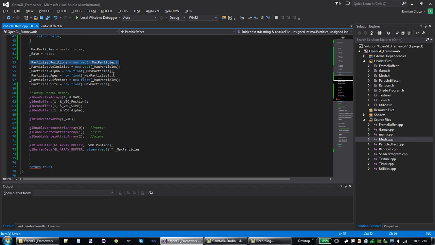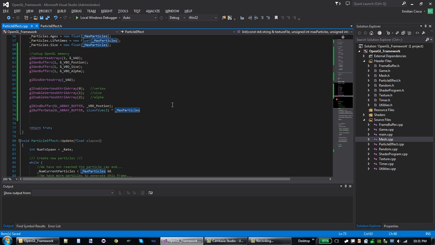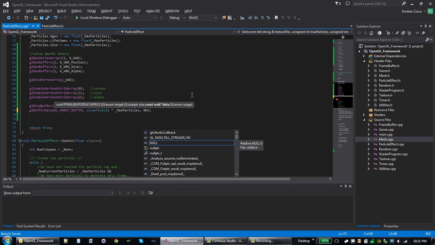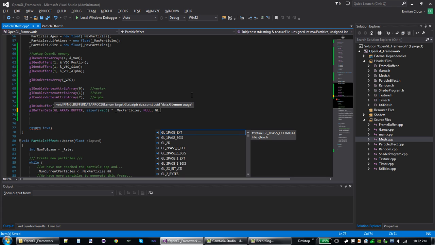Now we create the size and the entire pool of the maximum amount so that we never have to resize. And the same is true for the GPU. We certainly don't want the GPU to be resizing this array as things go along. That would be awfully slow. So after that's done, specify the data, which is actually going to be null. We don't want to upload any data yet. That's going to be done on a per frame basis. And for the last part, we're going to specify, as a hint for how we're using this buffer, dynamic draw this time,